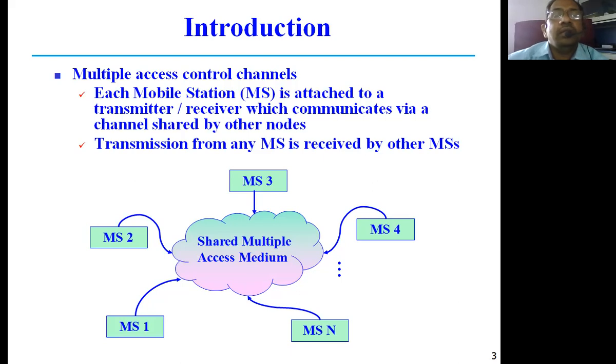Now here we have to write in terms of mobile stations rather than in terms of a computer. In the examination, we have to simply write in terms of communicating between mobile stations instead of saying communicating between the computers. So here our mobile station is going to act like a computer. Once you replace the computer by a mobile station, almost all the process is going to be the same as we discussed in data communications.